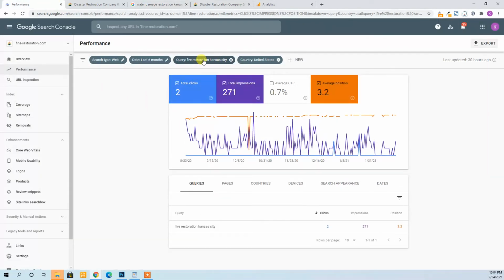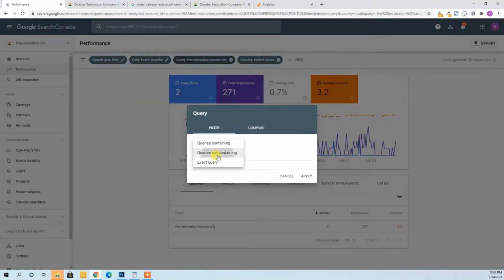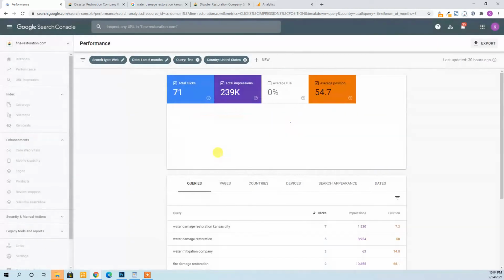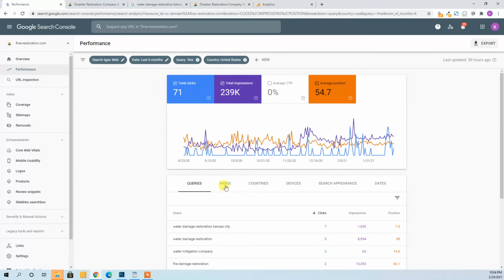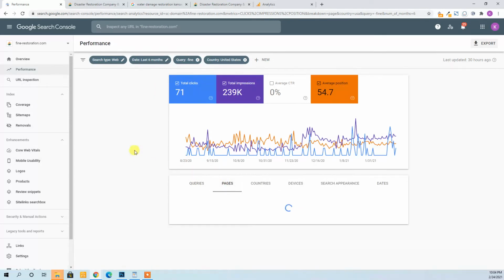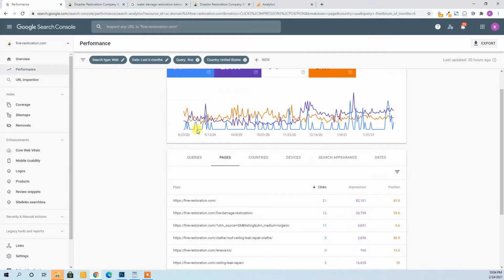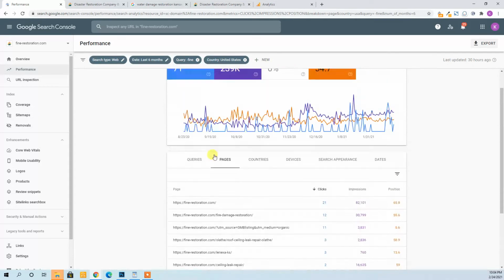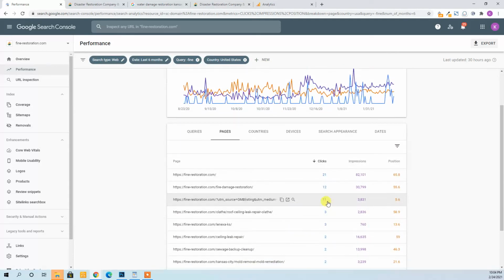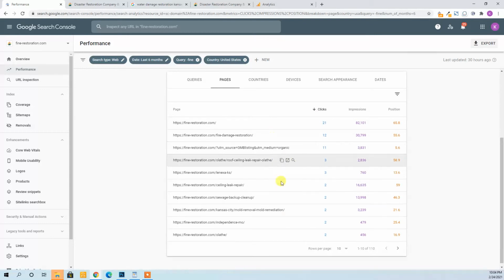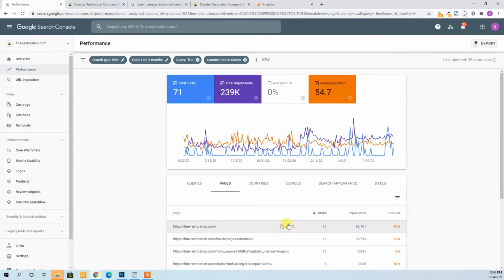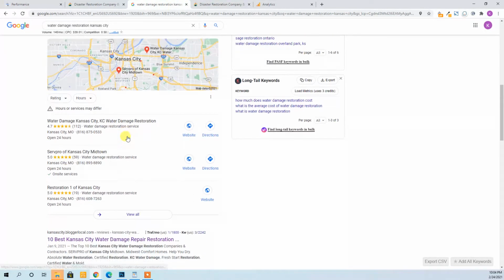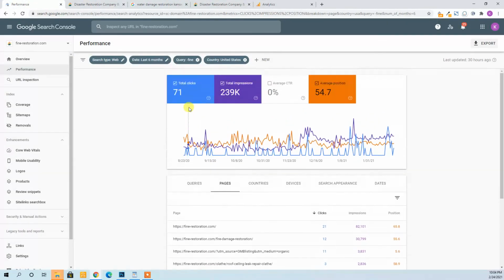Well, let's come back here again. Queries not containing, fine. And what we're allowed to do here is see, hey, of these total clicks, only 11 of them came from your Google Maps listing. 71 clicks, and 11 of them, so 60 came from your organic search. And that's a powerful statement, because as customers believe that the map listing might be the only thing that matters, what we can tell them is, well, you know what,